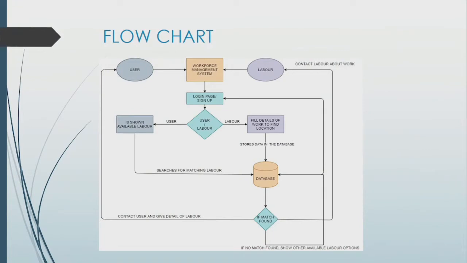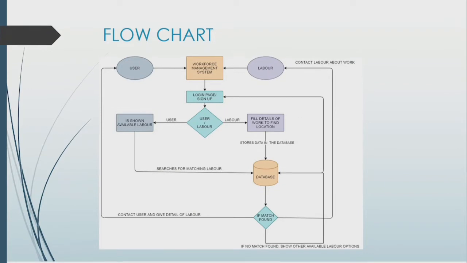This is the flowchart. The user and the workers are first connected and required to sign up in order to access the website. There would be two sign up portals, for worker and user respectively. Different required details would be provided from both. After that, they would be redirected to the home page, which would contain information of different workers or different users from the database.